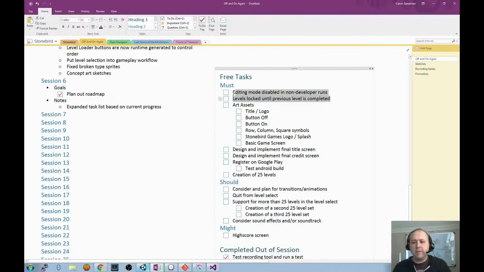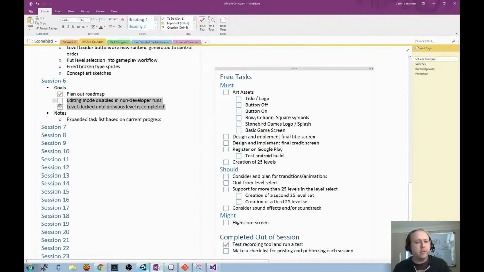So let's see, after a little bit of planning here, we've got 40 minutes left on the clock for today, and we do want to get some actual tasks done, not just the planning. So we're going to work on some of these high priority things, especially making sure we're going to have a mix of planning and art and code in each session if possible. So we're going to start with